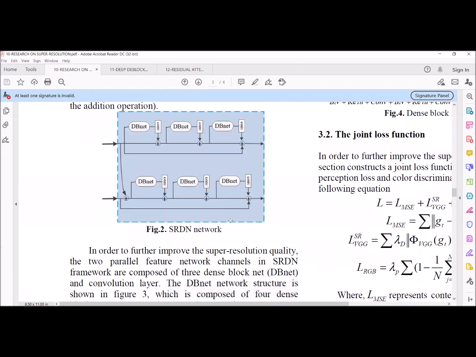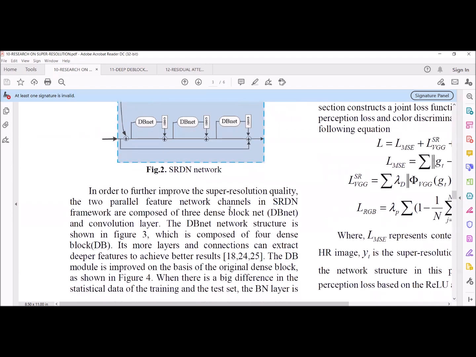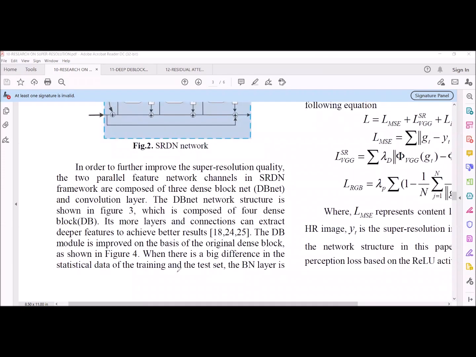If we increase the number of dense blocks, there is a possibility of improving the results. We will get better results when there is a big difference between the statistical data of the training and test sets. For example, if we are taking 100 training samples and only 2 test samples,